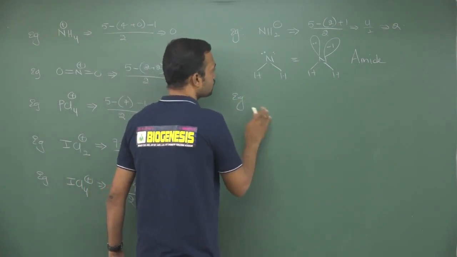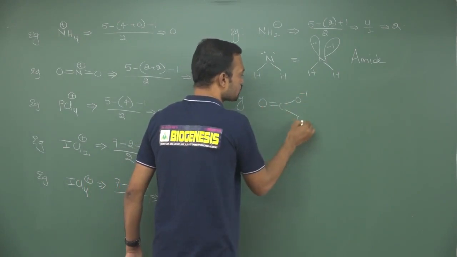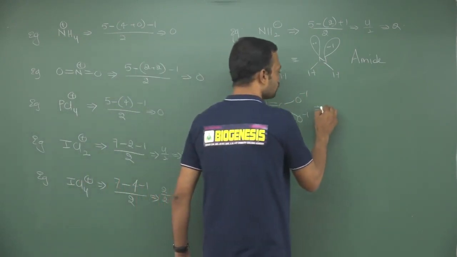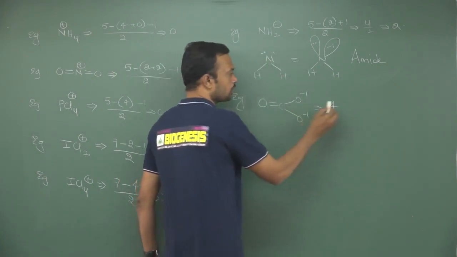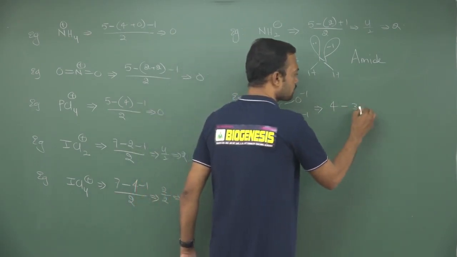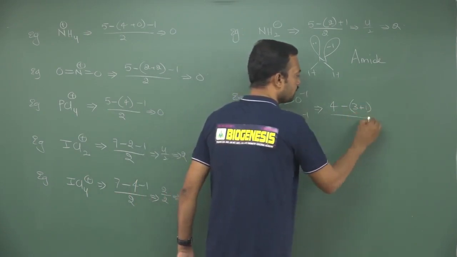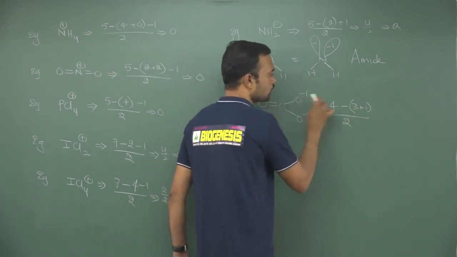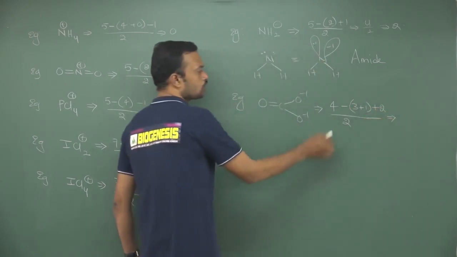Okay. Next, you can also expect carbonato. See, I am writing the perfect structure of carbonato. Carbonato. So in this carbonato, carbon belongs to the 4th group, and here the total number of sigma bonds is 1, 2, 3. 3 sigma bonds are present, plus how many pi bonds? Only 1 pi bond is present, divided by 2, and here 2 charges are present, that is minus 1, minus 1. Here we need to add extra 2 electrons. Okay. So here 4 minus 4.